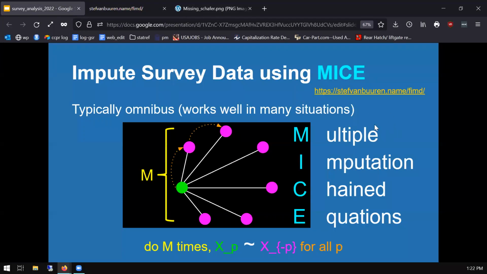Not to confuse you, I think in his book, M really means multivariate. I think it's a rebranding. In the first versions, M used to mean multiple. And I